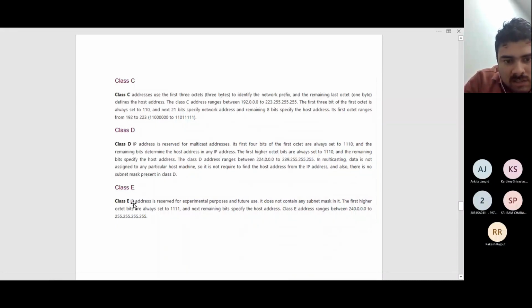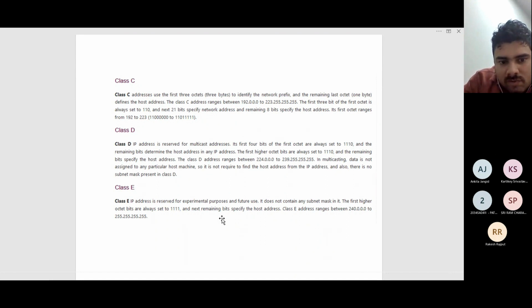Then class E. Class E IP address is reserved for experimental purposes and future use. It does not contain any subnet mask. The first higher octet bits are always set to 1111, and the remaining bits specify the host address. Class E address ranges between